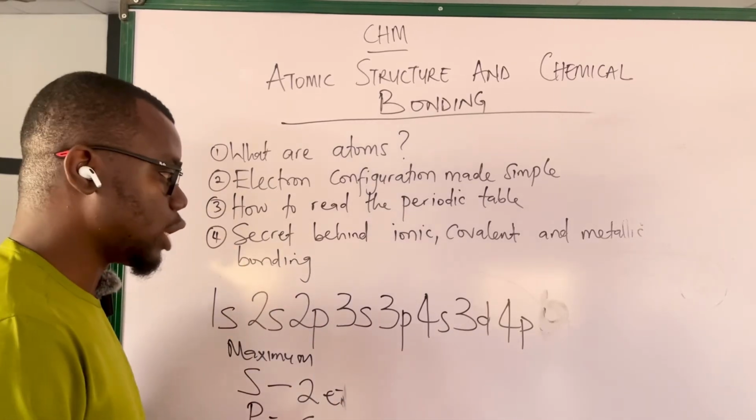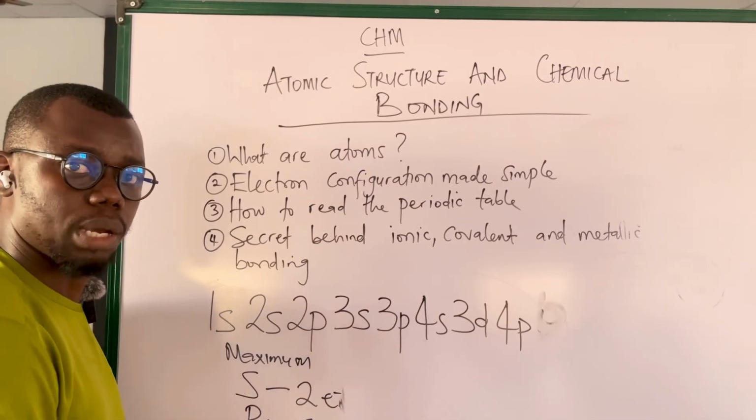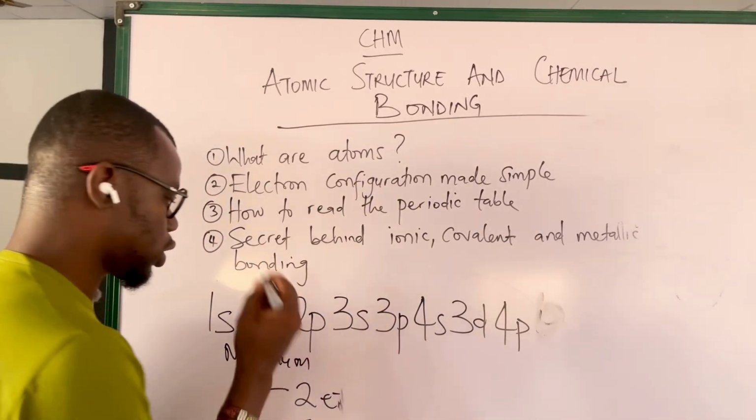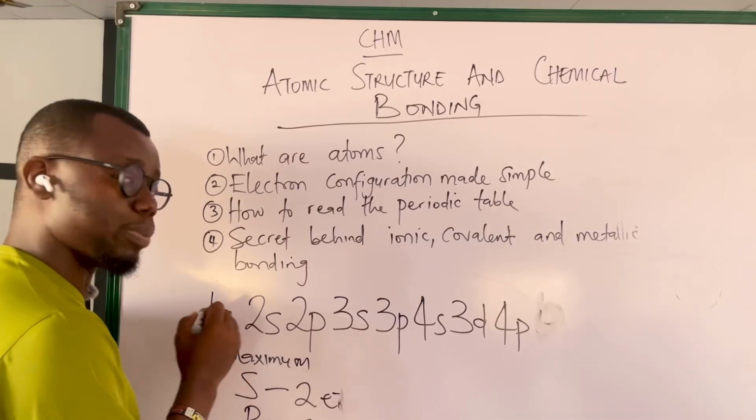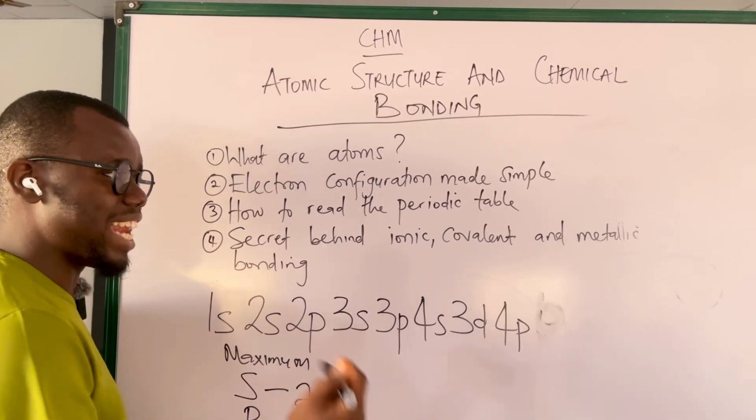So let's go with that. Don't forget that we are not dealing with d orbital until we get here. That's why I'm not giving you that of d. But listen to what I'm trying to say now. The first thing I'm going to be looking at is this: the s orbital is containing 2 electrons. So if I'm doing for an element, so if you have